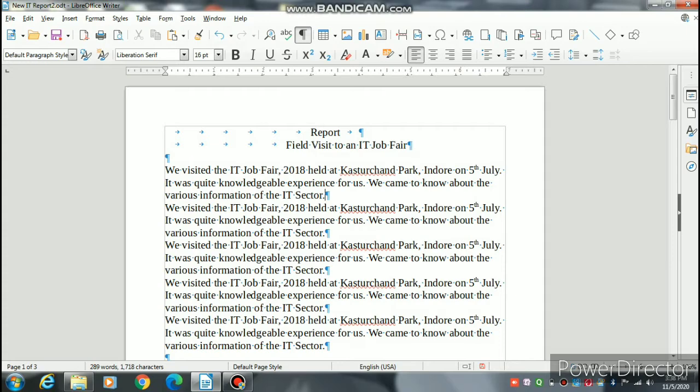This will help you see how you have made this space by using the tab key. So in this way you can see the non-printing characters on the screen. Once again, if you don't want to see these non-printing characters on your screen, you press Ctrl and F10 once again, and it will disappear from your screen.